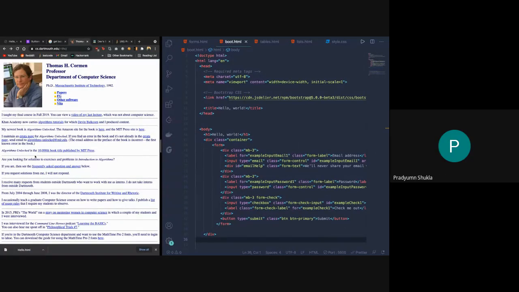So if you do not want to download any IDE, you just want to code HTML, CSS, JavaScript, you can go to codepen.io and start coding there. You don't have to set up anything over there. You can even use Bootstrap in codepen.io. So yeah,